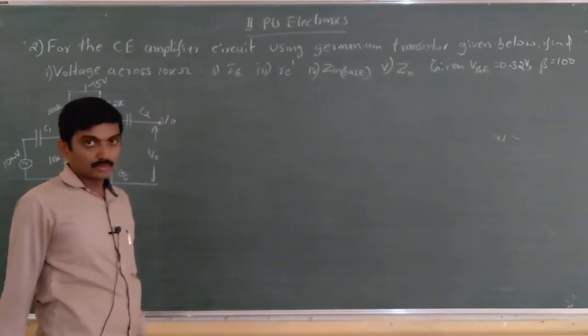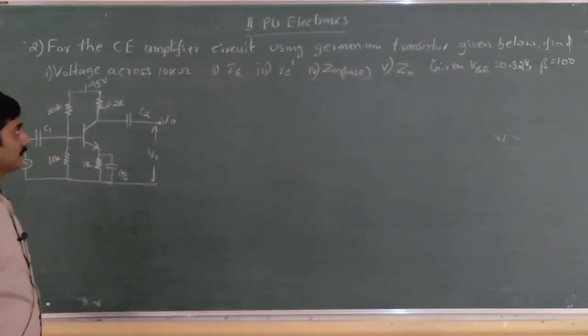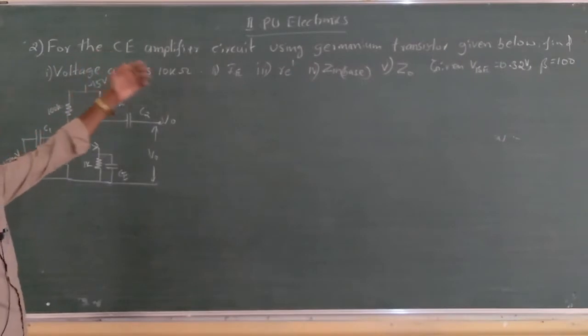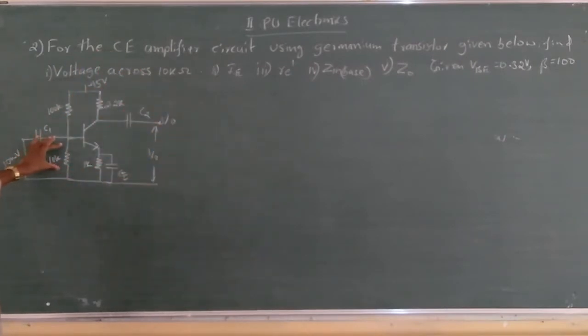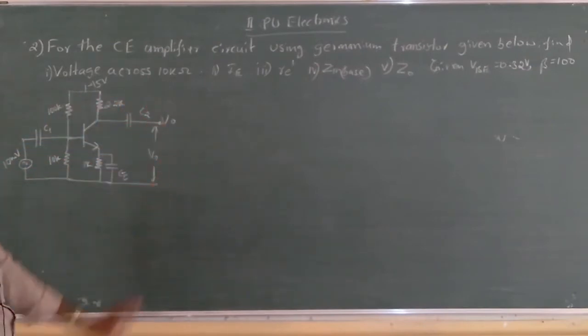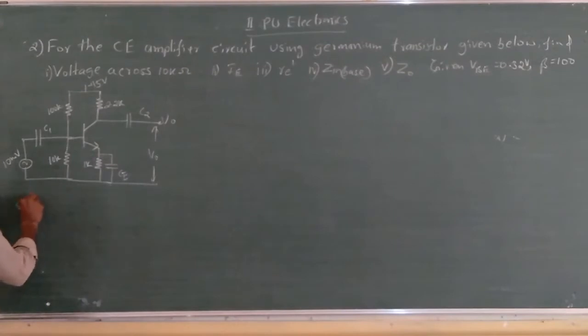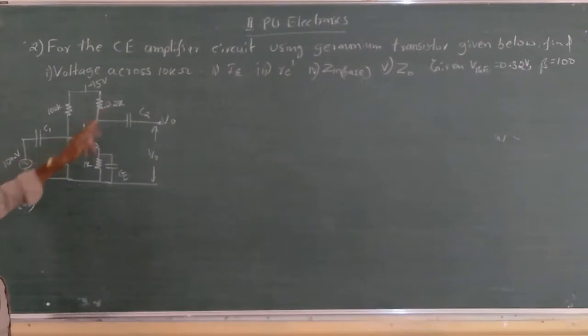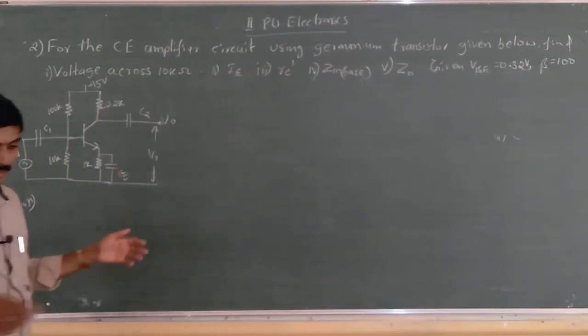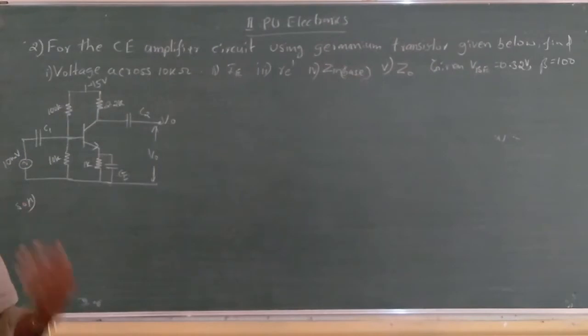Okay. Now the question starts from voltage across 10 kilo ohm. What is the calculation of voltage across 10 kilo? That is nothing but the V2 formula. V2 equal to VCC into R2 divided by R1 plus R2. That formula comes in voltage divider. So solution starts from first question, and you can collect the given values here, R1, R2, RC, RE, like that. That step I won't write it here for the sake of the time limit.